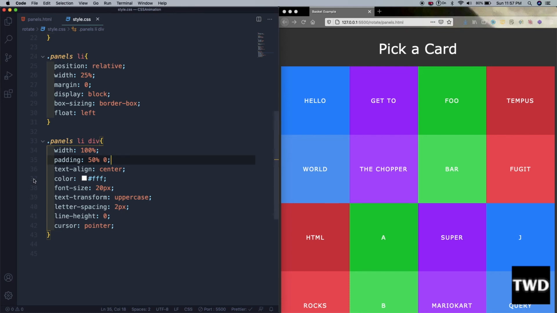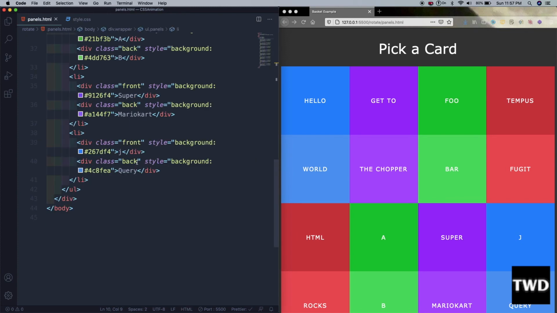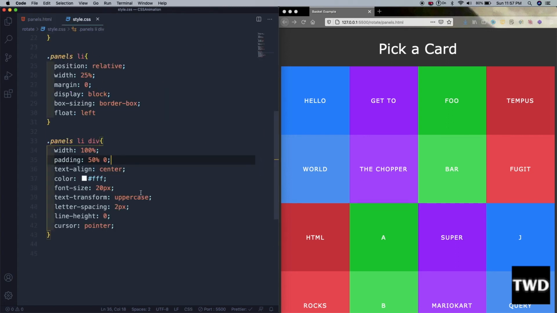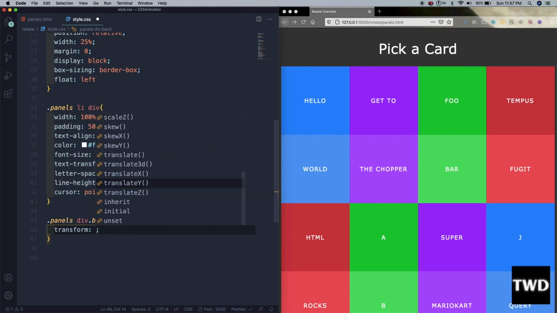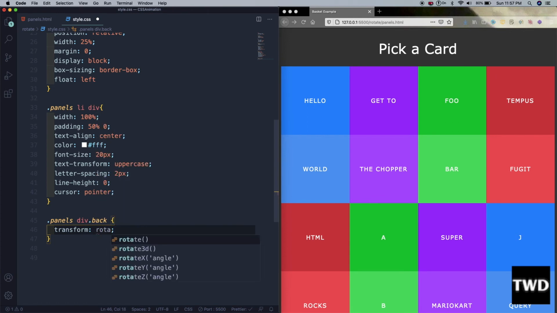First we are going to do this panels, this back which is not showing. So let us target that. Dot panels div dot back, transform rotate y 90 deg.